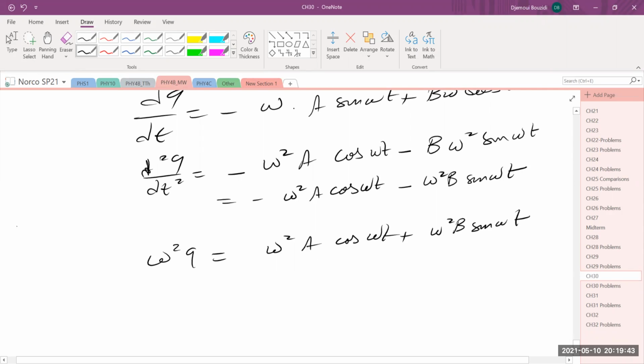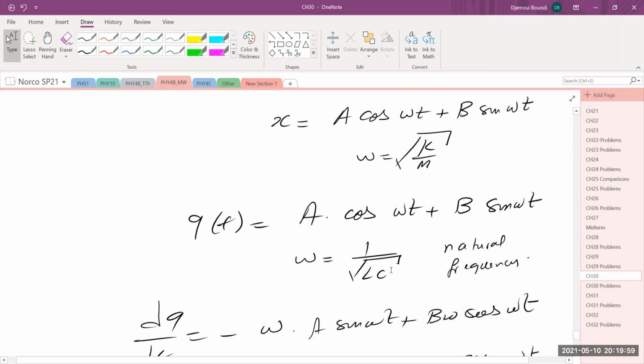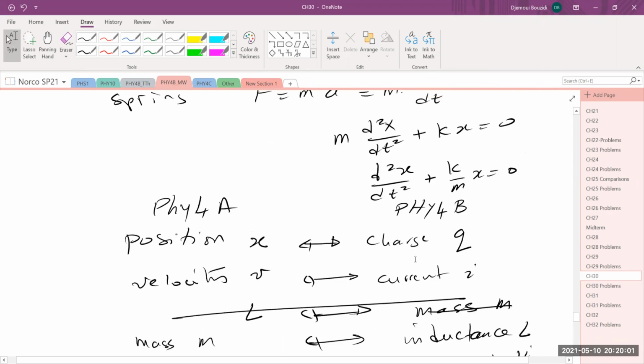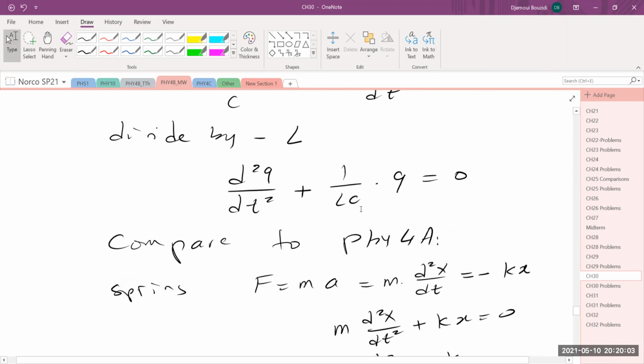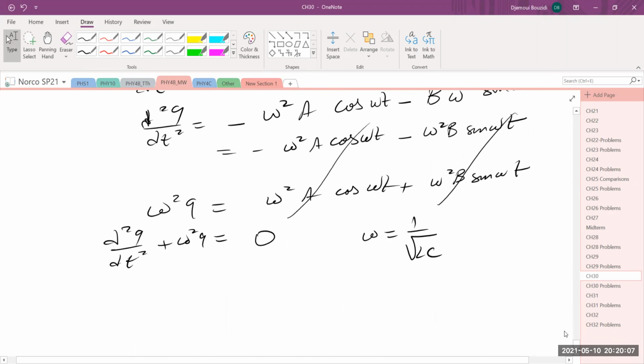And adding the two quantities in here, obviously d squared q over dt squared plus omega squared q is equal to, term by term they cancel, these two cancel and these two cancel, and it's 0. Provided that omega, of course, is equal to 1 over square root of LC, as shown in here, because I have 1 over LC in here. So in this case, we have shown that this is actually the solution to my equation,